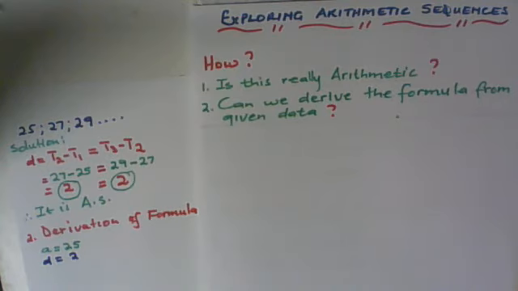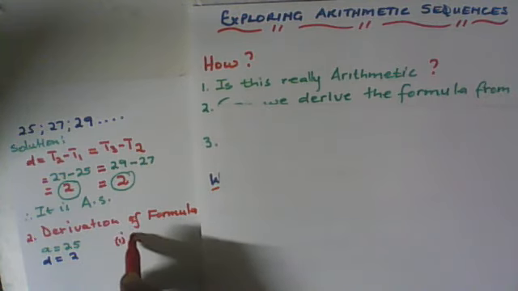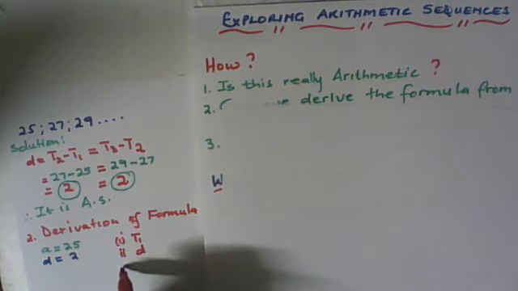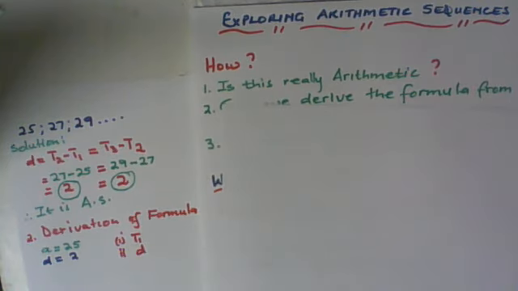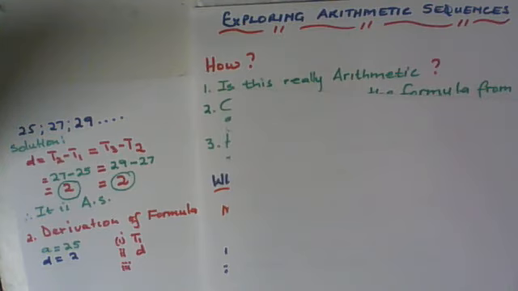Now, meaning, in order for us to get, this is number 1, we have term number 1. And secondly, we have to get our D. And then, what are we to do? That is the third thing. What are we supposed to do? Good. The general formula. Now, what we know is Tn. The general formula is Tn is equal to A plus